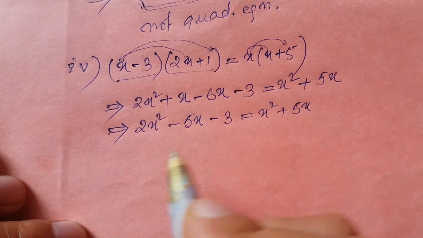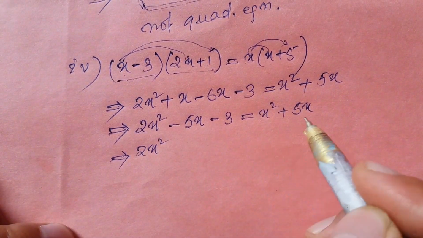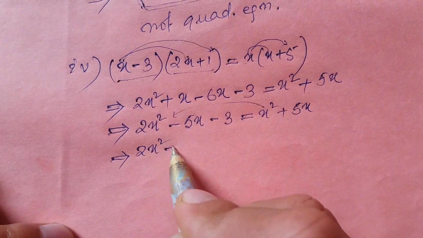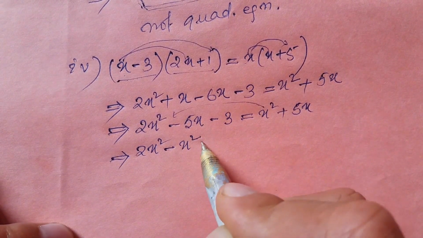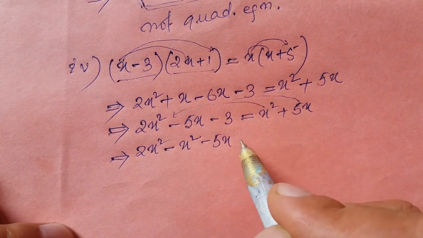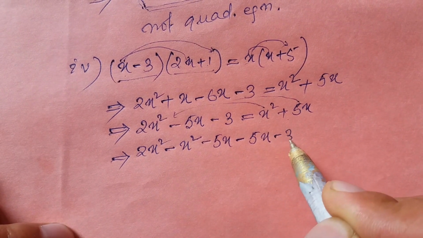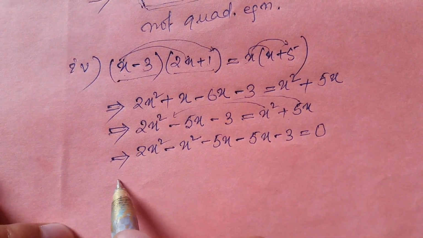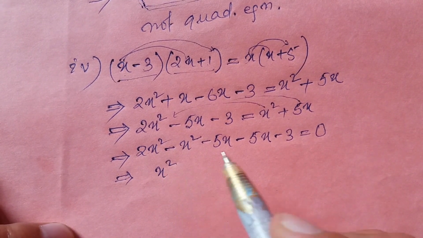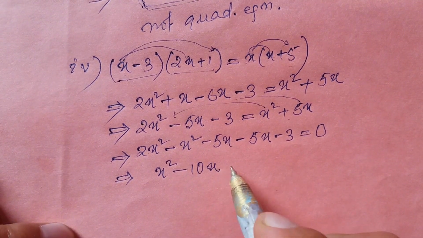Now we're going to take everything to the left hand side, so we will get here 2x square, and this one we're going to take it here, so plus becomes minus here, and minus 5x, and again this 5x to this side, so plus will be now minus 3 is equal to 0. Now here 2x square minus x square is x square, and then minus 5x is minus 10x, minus 3 is